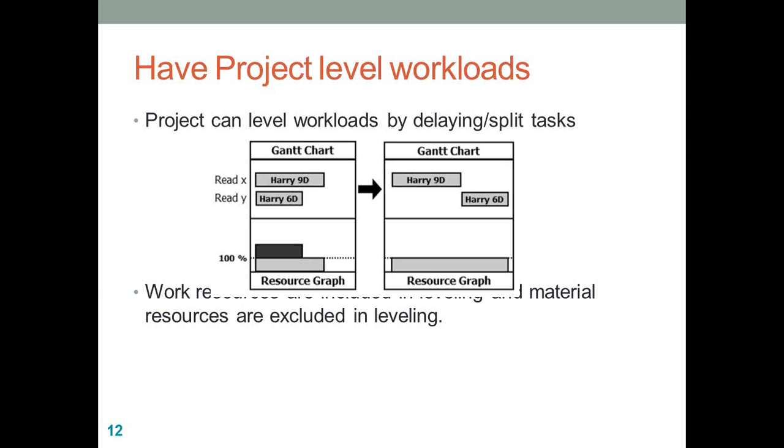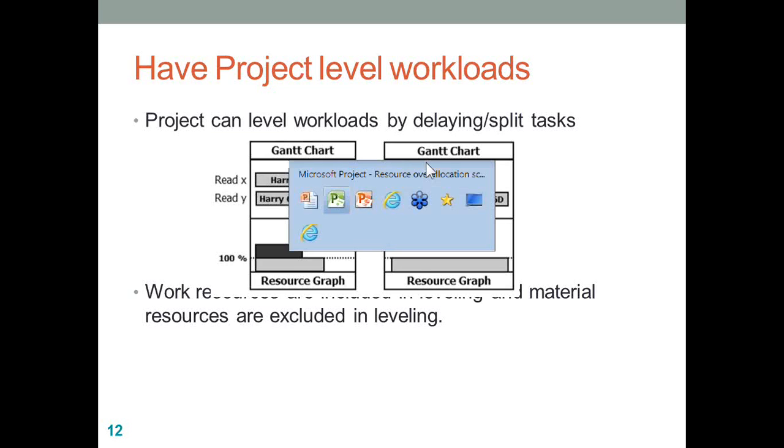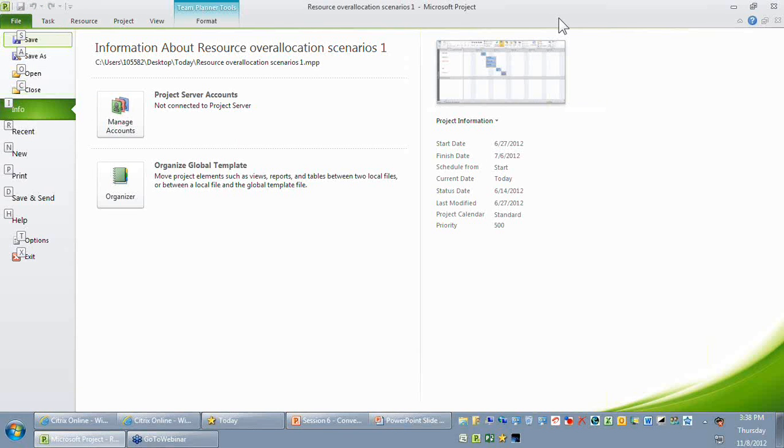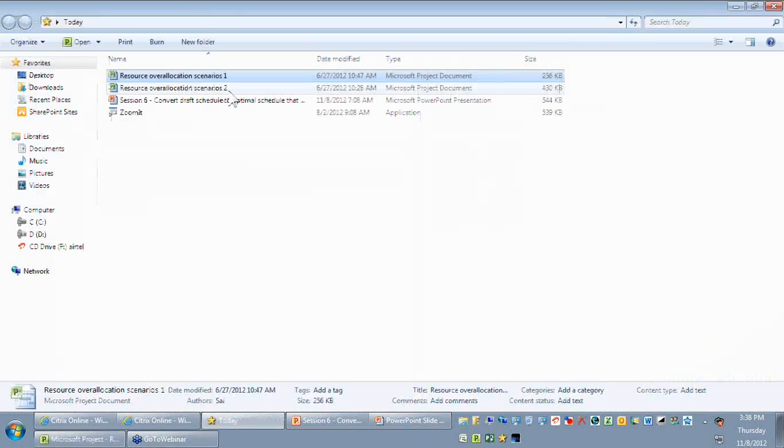But the option we are going to show you now is what we call the automatic leveling features of Project 2010. Based on the priority you set, Project 2010 can automatically delay one of the activities based on your convenience. So I'm just going to go back to Project and let me open a different plan. Good. So what you are now looking at is a different project plan where